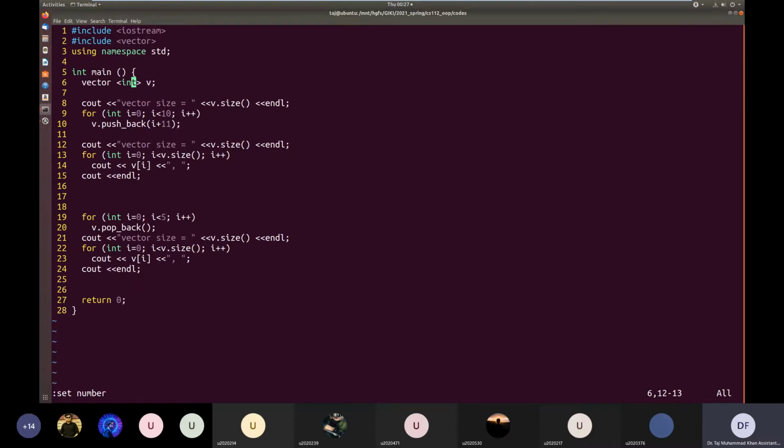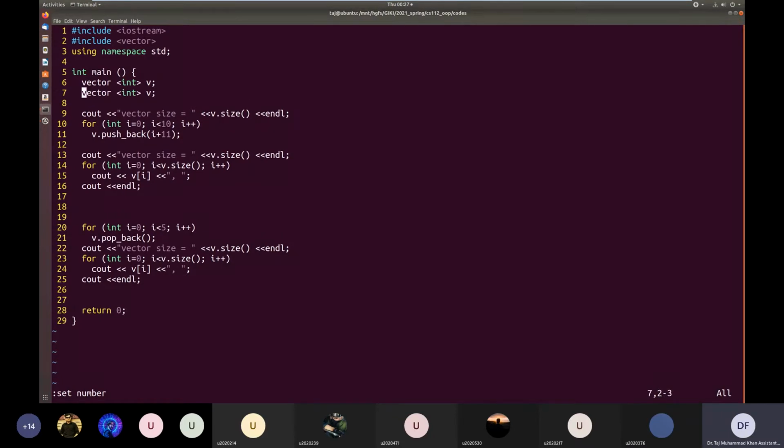I think it will make your life much easier. So a vector can be declared for any type. Here it's a vector of integers. We can declare it like this, or we can declare it like this, I think. We can initialize it directly as we used to initialize arrays.